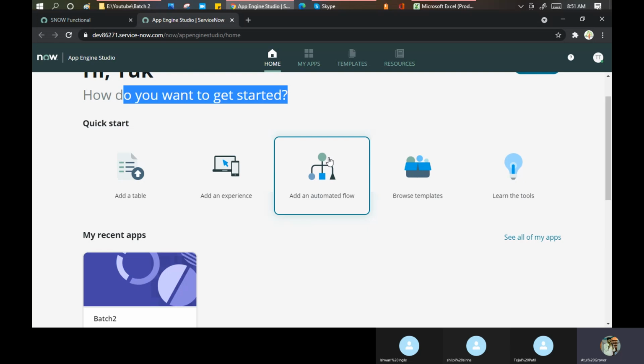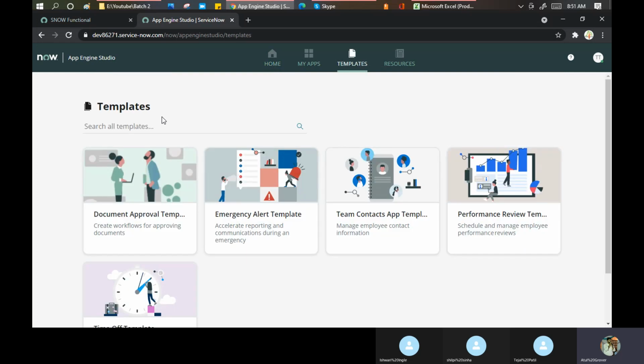Now they give a lot of functionality to the user. Suppose you want to create an application for emergency alert. Don't worry, I'm giving you the template. Just use that template and create your own application. Template means I'm giving you the basic stuff that you can follow to create your own application. So this much functionality ServiceNow is now giving to its customers. But I will tell you how you can create your own application.